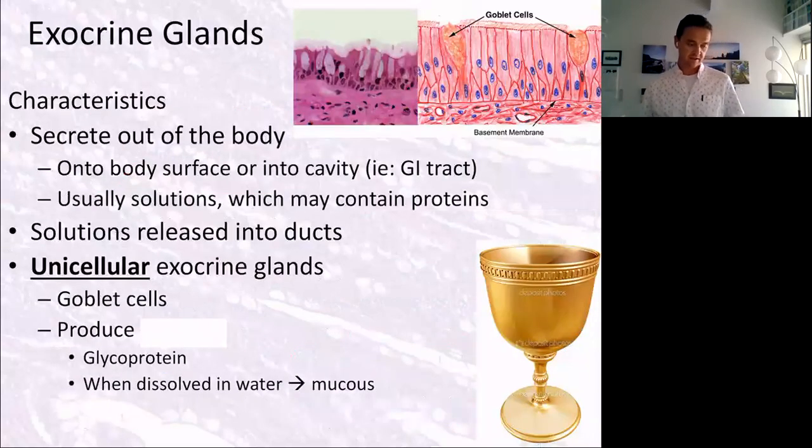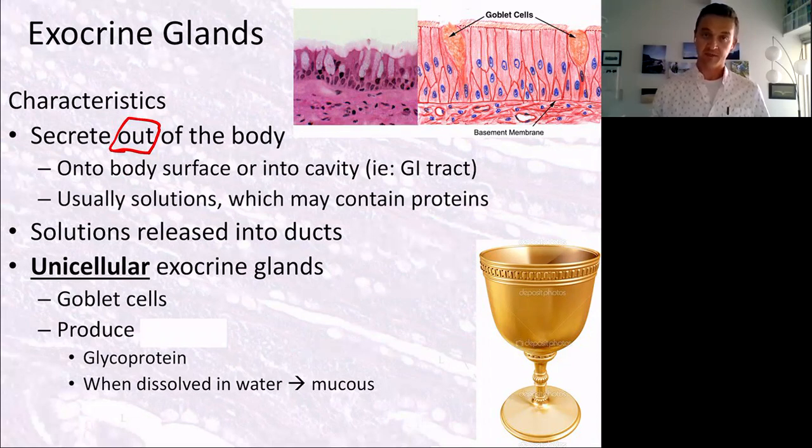Okay, exocrine glands on the other side of things, these are secreting outside of the body. Okay, so they either secrete onto the body's surface, which might be our skin, right? Or we have to also understand that outside of the body can actually mean into our digestive tract, into our GI tract, okay? So if something's released into our digestive tract or into our reproductive tract, then that's considered outside of the body, and that's an exocrine gland, okay? So that's usually released in some kind of a solution that contains proteins that give it a mucousy, thick effect, okay?